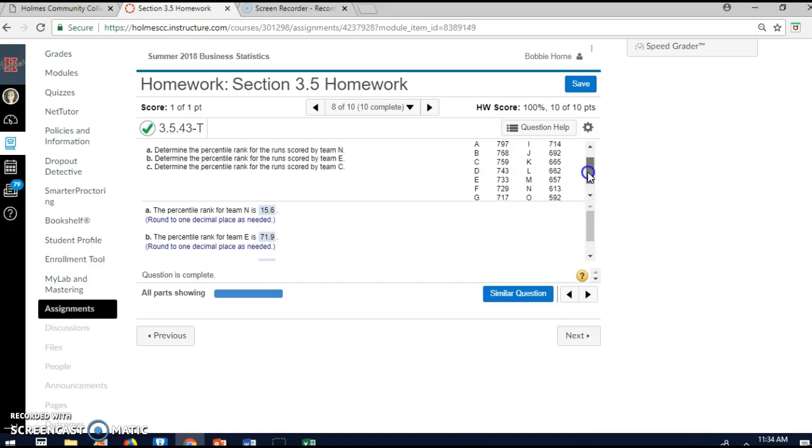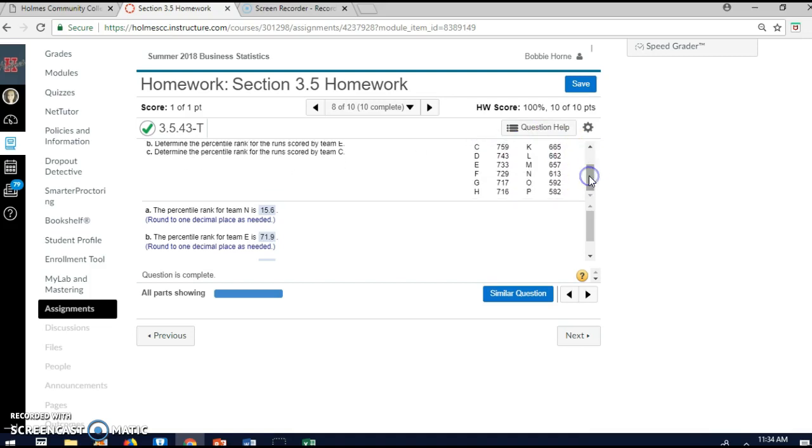The percentile rank for E, how many are below that? Well, if you count, I know there's one, if you count E, 1, 2, 3, 4, 5 above it, or 4 above it plus the 5. So below it would only be 11. So 11 divided by 16. Wait, 11 plus 0.5, 11.5 divided by 16 times 100 would be 71.875, which rounds